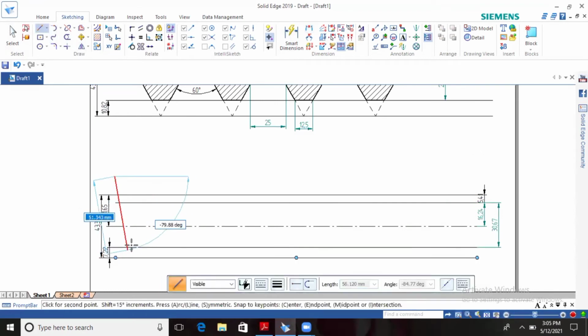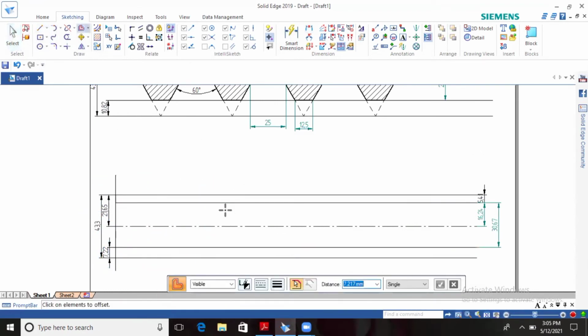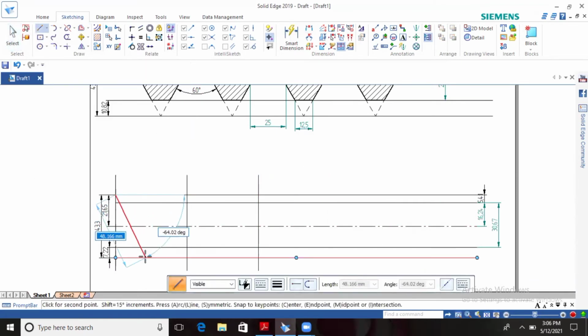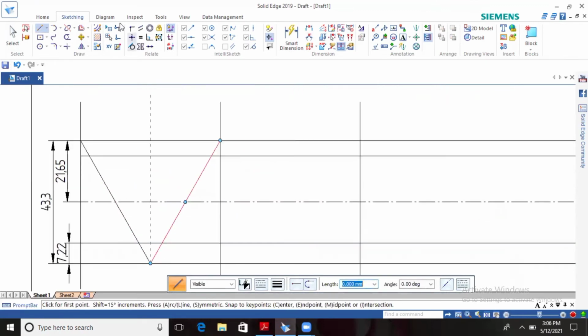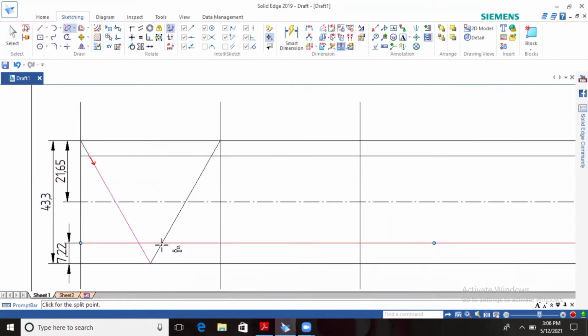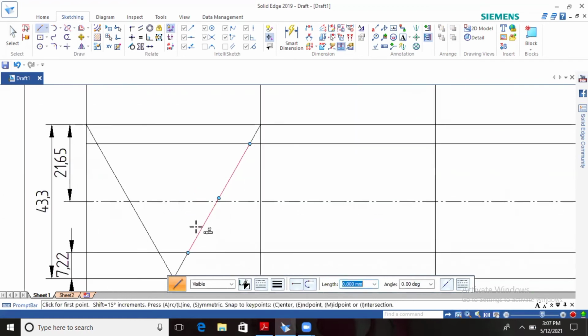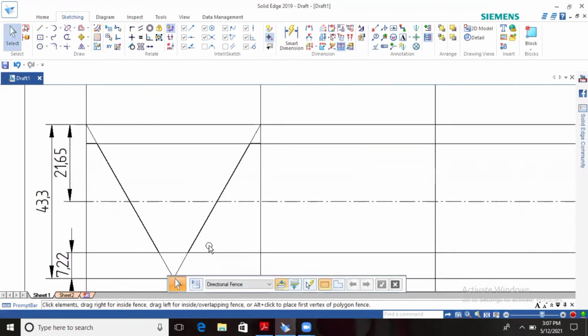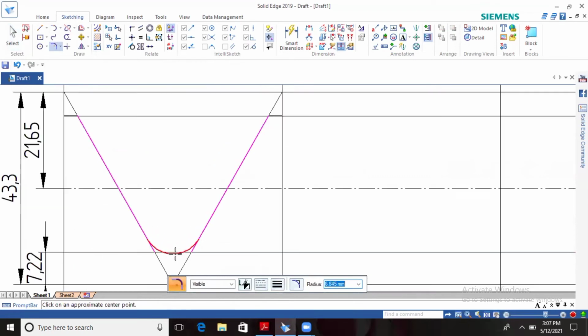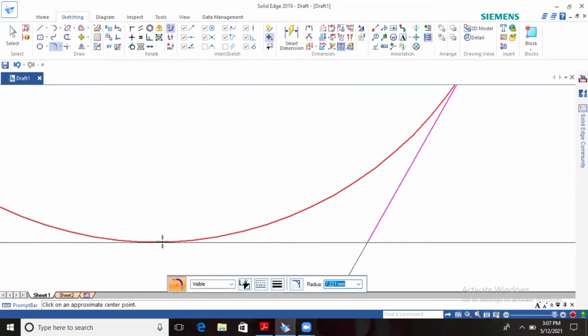Show all the dimensions. Start to draw the thread with the same method. Here the same angle of 60 degrees, no change of angle. Also split the lines at the crest and the root. After this, make the bottom round exactly at the root. Use the fillet command, select two lines and place it exactly at the root line.